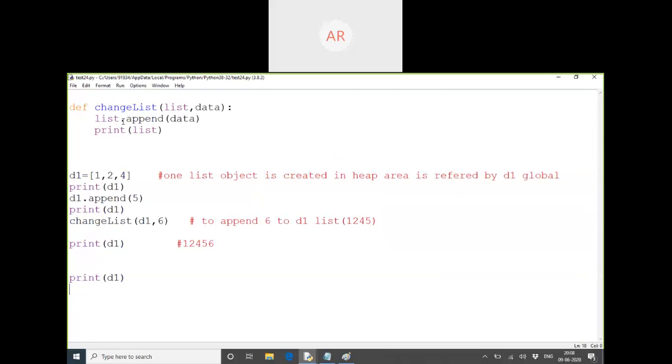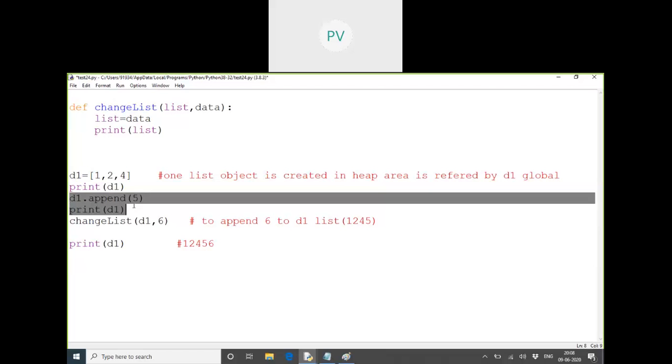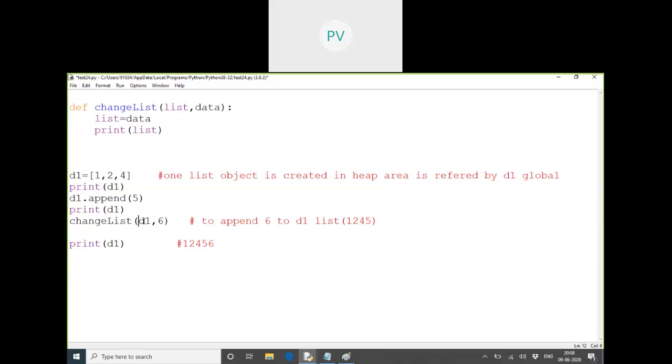But instead of this, if I say list is equal to data, what will happen now? A list will be created. I had a list. This is clear, no? There's no doubt about this part. No, ma'am. Now we are calling the function. I gave my data to it. I gave my list to it. Now along with the data, what has it done? Initially it was pointing to 1, 2, 4, 5. Initially this list was pointing to the object only.